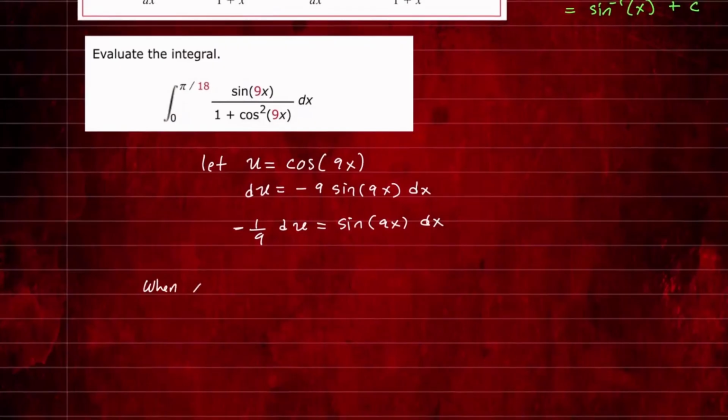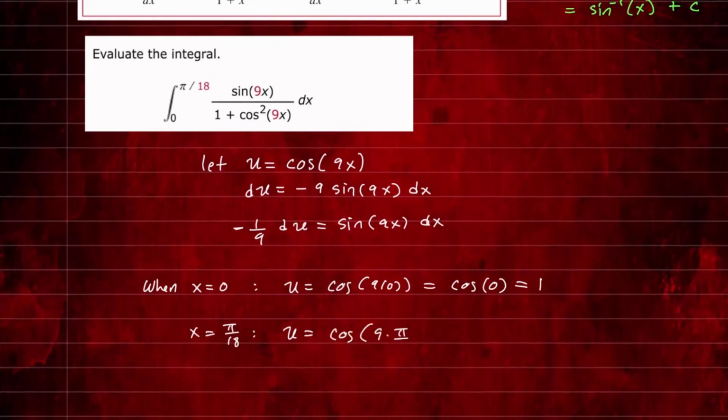So when x is equal to 0, that's the lower bound. What is u? Well, u is equal to this. So let's go ahead and substitute the x value. So u will be cosine of 9 times 0, which will give you cosine of 0. And we know cosine of 0 is 1. And when x is equal to pi over 18, what is u? Well, it will be cosine of 9 times pi over 18. And that would give us cosine of pi over 2, but we know cosine of pi over 2 is 0. All right, so these are the new bounds, the lower bound and the upper bound,